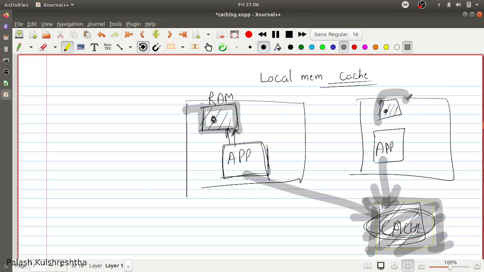In-memory caches are good when you want to store static data, for example data which is not changed frequently. Then you can store that in the in-memory cache because it is not going to change.